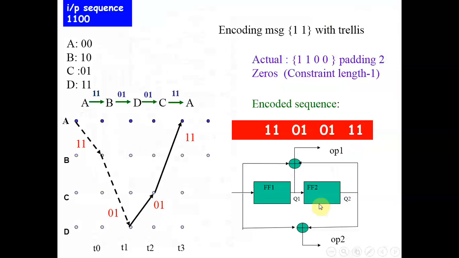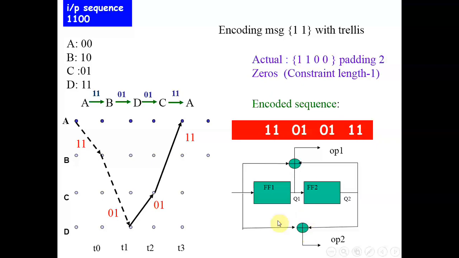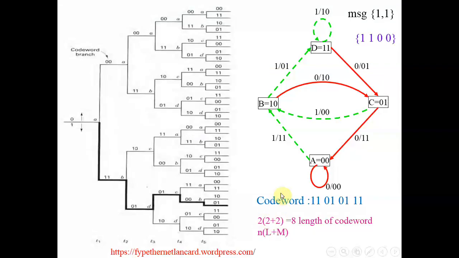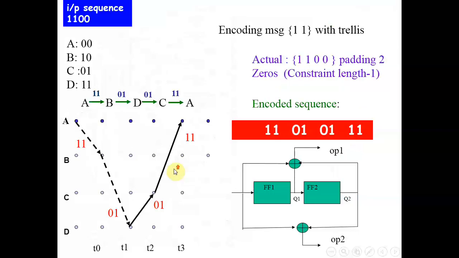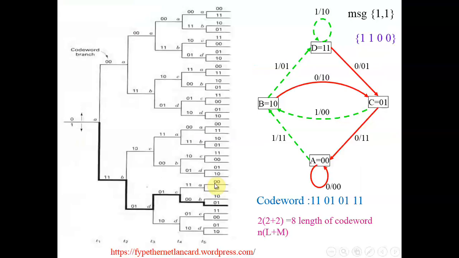Why 8? Again coming back to the equation, n into L plus m. What is n? Number of adders. How many adders? 2 adders. So we have 2 here. Then capital L. What is capital L? Length of the message. So what is the length of the original message? When I substitute capital L, it is not the 0 padded length which we consider. We consider the original length, which is 2, and plus 2. What is 2? Number of flip-flops. So how many flip-flops do we have? 2 flip-flops. So what is the total length? 8, which will match this. Right? So we have taken an example of 2 different encoders, and using the 3 representations, we have generated the code word. So I hope you have got this representation.